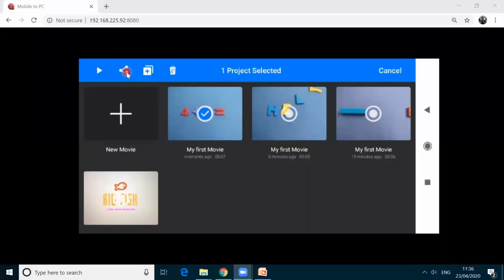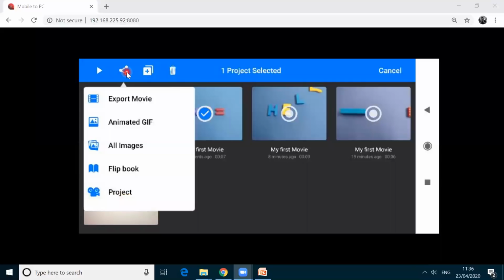I am clicking this share option. And then here, I am selecting this first option, export movie. I am clicking here.